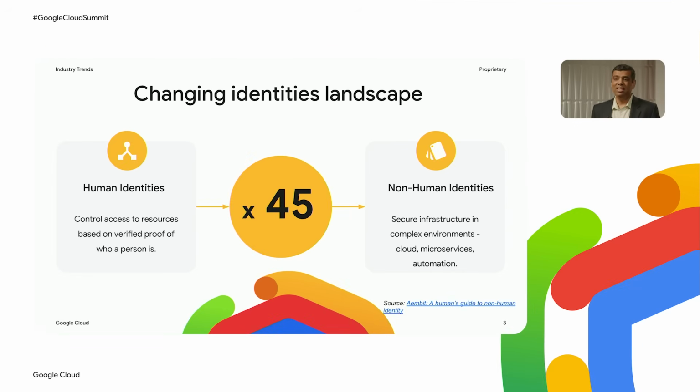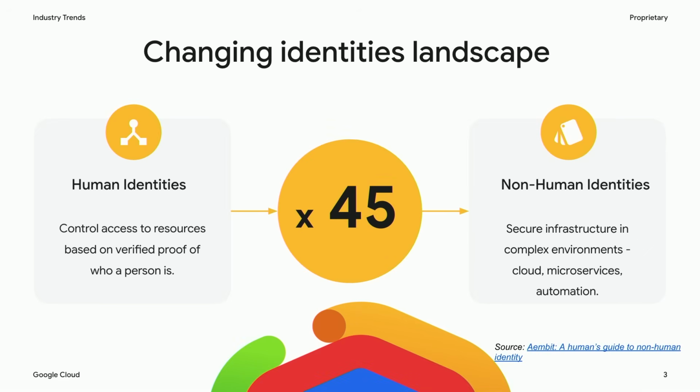Let's start with some of the major industry trends right now. One of the main things that's happening right now is the number of non-human identities is actually exploding. By some estimates, the number of non-human identities, including agent identities, is up to 45 times the human identities. What this means is that there is a major challenge on our hands in terms of how these identities are